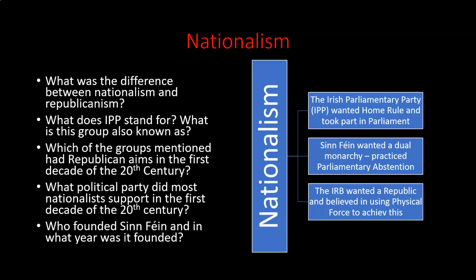They didn't like that the concerns of Ireland were being dealt with so far away, and they didn't like the influence of British politicians on internal policies, because it was no longer a government just for Ireland. It was a government looking at all of Britain, all of the United Kingdom, so Ireland and all of Britain, and they didn't agree that this government had the best interests of Ireland in mind. And of course, we talked about when we got to the famine that this very much kind of proved our point almost, that the government of Britain was not connected with the lives of the everyday Irish people, and this was a reason for why all nationalists wanted a government within Ireland to rule Ireland. But there are different levels to what they wanted.